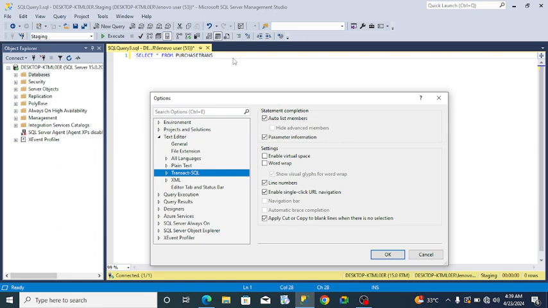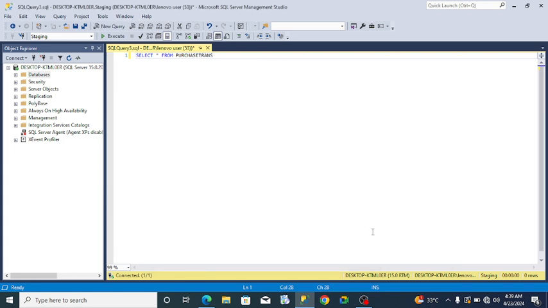So in case you have any error in your query, this helps you to be able to identify where the error is. SQL Server will tell you exactly where your error is coming from. It's going to tell you, go to line such-and-such, this is where the problem is coming from. So that is what the line numbers will do for you. By the time we start working, you start to see the work of all these things that I just mentioned. So click OK when you are all right with that,